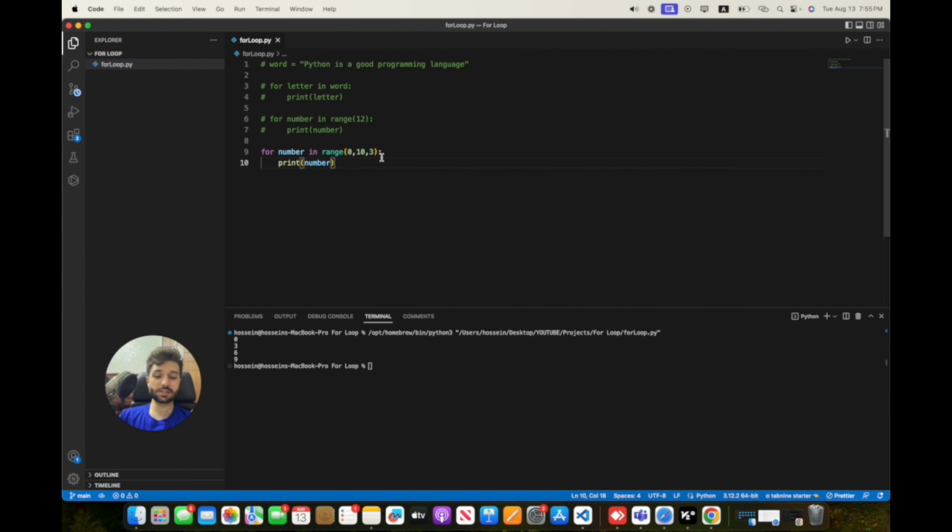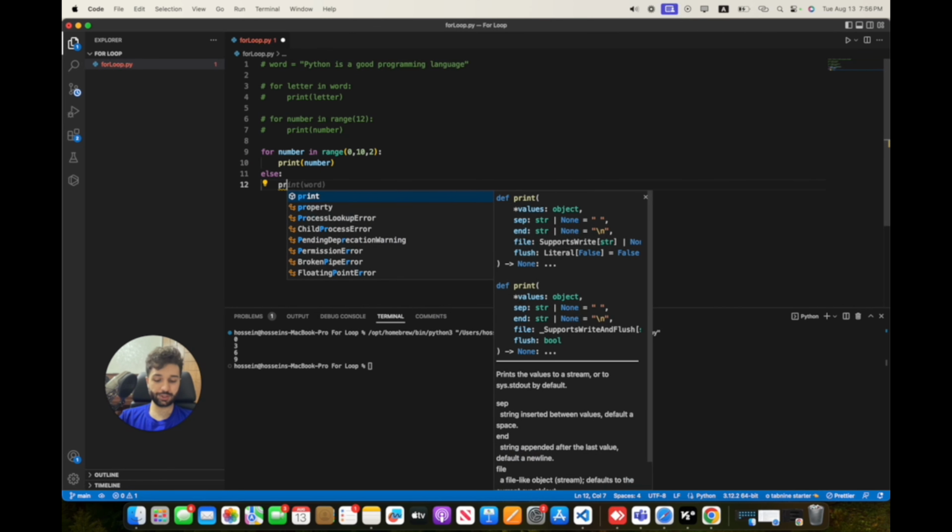So this step is also really important to achieve our goal. Depending on the structure and situation, we want to use a for loop. Let's have another thing here. I have this for loop: for number in range 0 to 10 by a step, for example 2, and I want to have else for this loop. What will happen? Else print